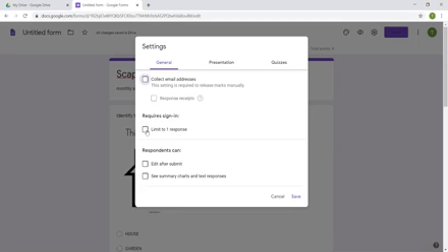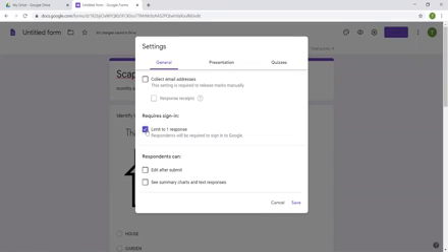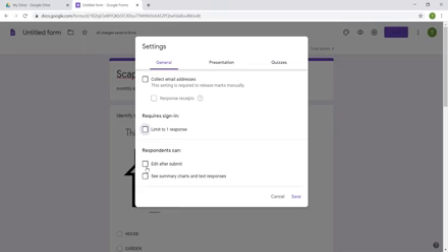If you want that the child can respond multiple times, if you think that the child has given the wrong answers, then you can tell them to give the answer again. So you can choose not to limit to one response. If you want the child to respond only once, then you can click on this option. And if you want the respondent to be able to edit after submitting or just see summary charts, you can tick on this. So we are not doing anything here now.